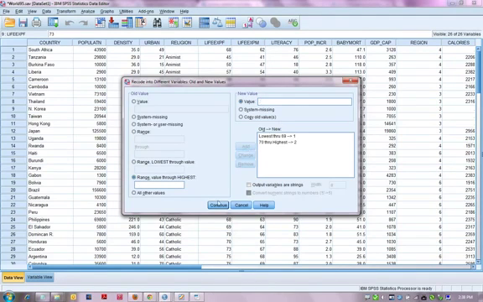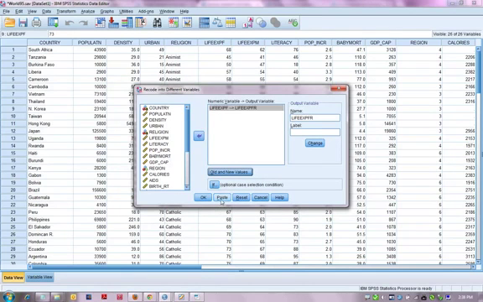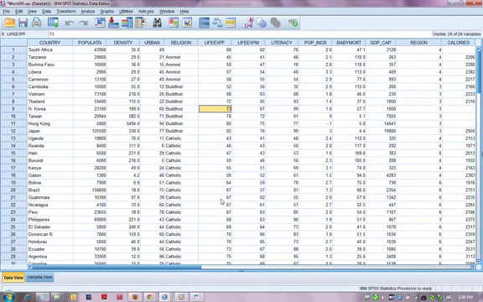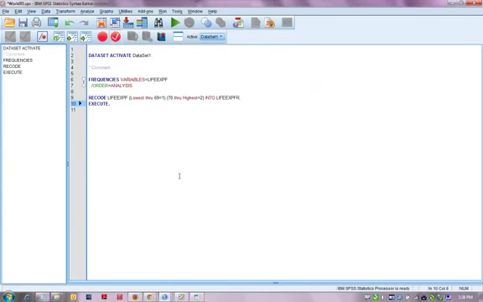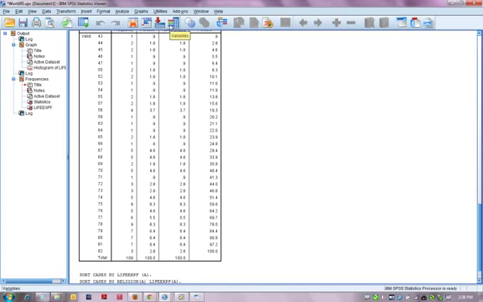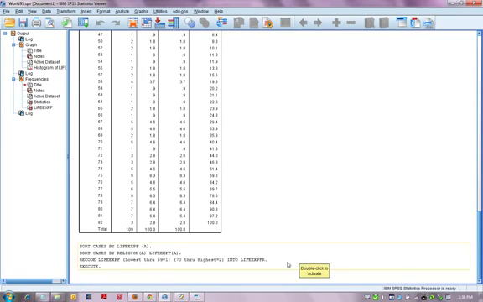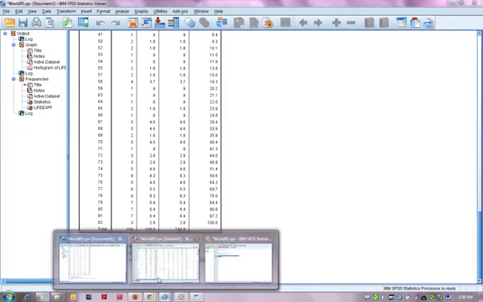This is also a good chance to demonstrate the use of syntax. So in this case, click on paste, then go to the syntax screen, highlight the commands and click play or run. The output shows that the command has been conducted, and if we now go to the data file,